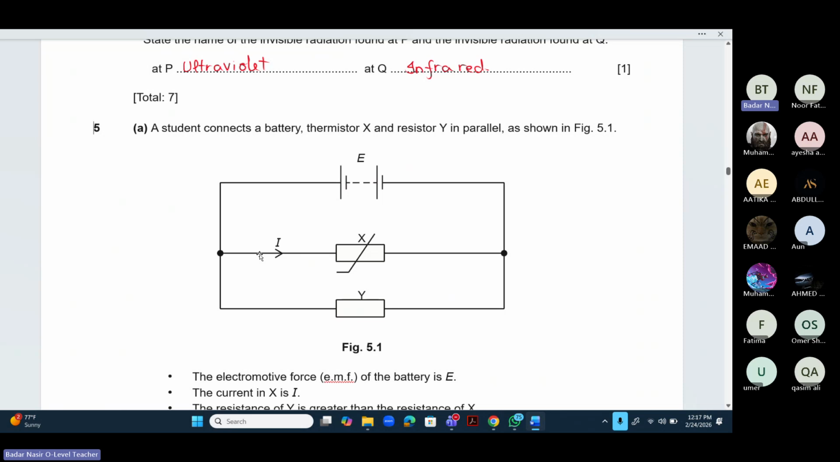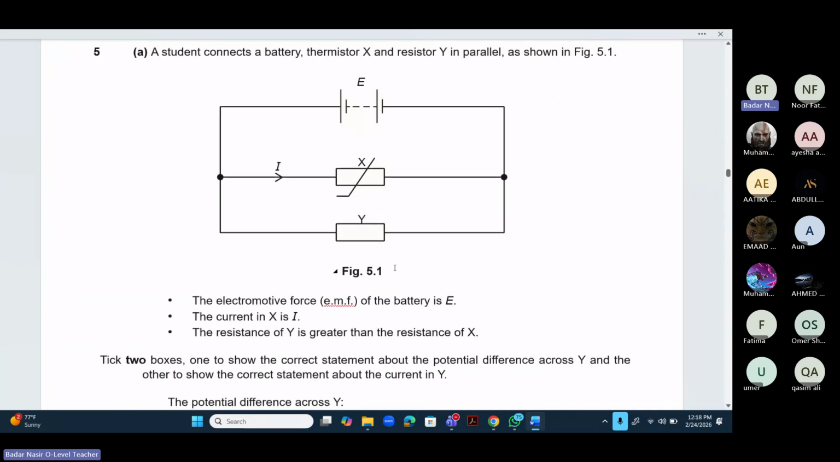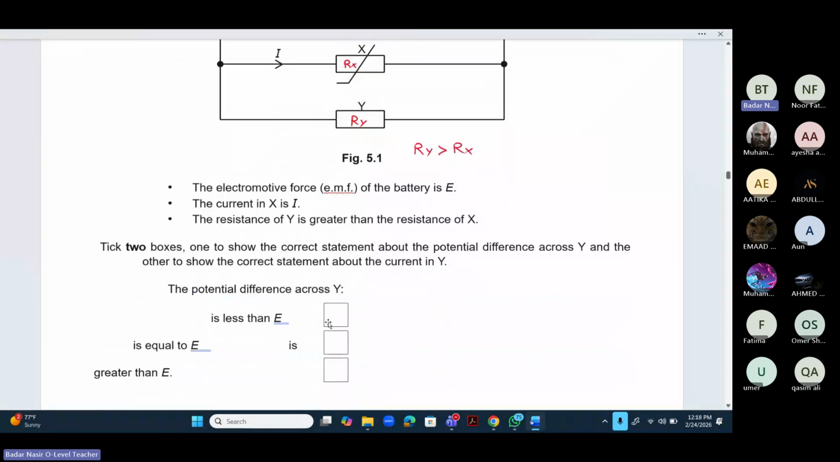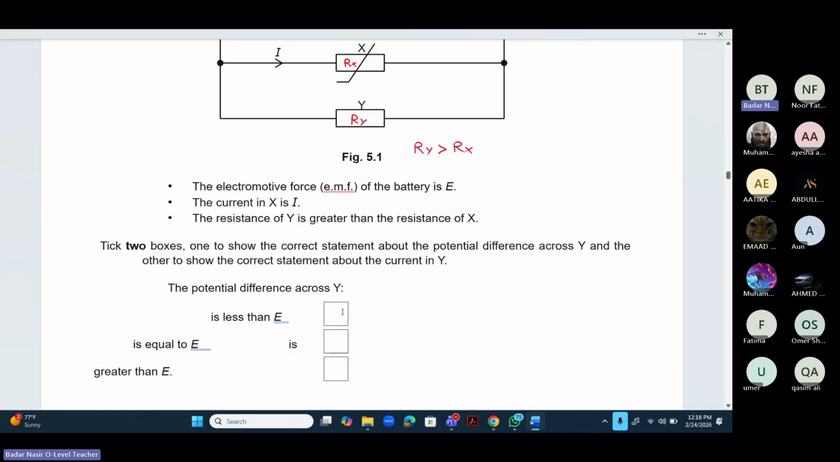A student connects a battery, thermistor X and resistor Y in parallel as shown in figure 5.1। The EMF of the battery is E. The current in X is I. The resistance of Y is greater than the resistance of X। अब आपसे वो ये कह रहा है कि the two boxes want to show the correct statement about the potential difference, ठीक है, across Y, and the other to show the correct statement about the current in Y।